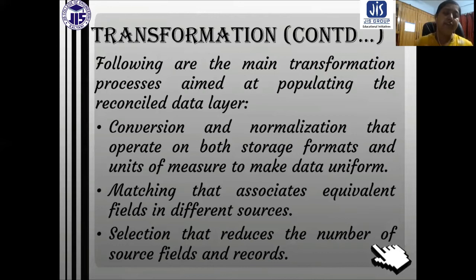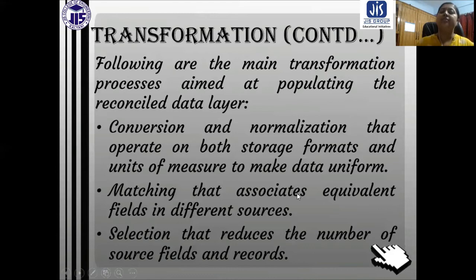If for a particular data we are maintaining it as text, it should be maintained as text. It should be maintained in a particular format only. That format is maintained for the total data warehouse. So it is going to convert those data into a uniform format.